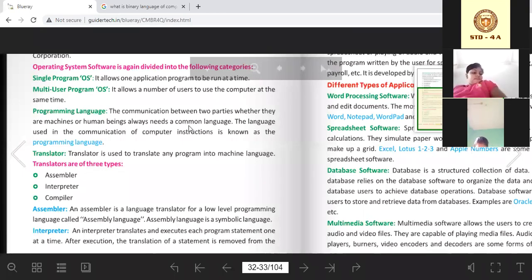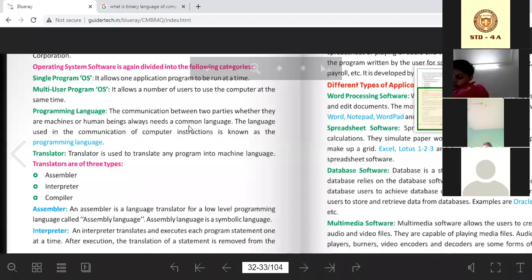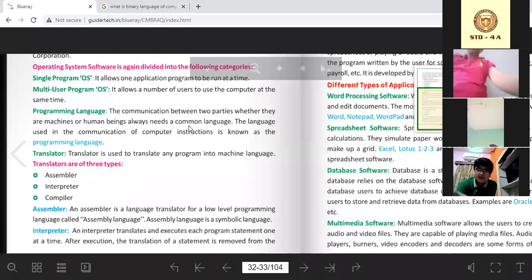Now, every machine's capacity is different. The techniques and mechanisms of supercomputers are different from the computers which we use at home. So not all the highly refined languages are going to be supported on normal computers which we use at home. So we need translators. There are three types of translators: one is the assembler, one is the interpreter, and one is the compiler.